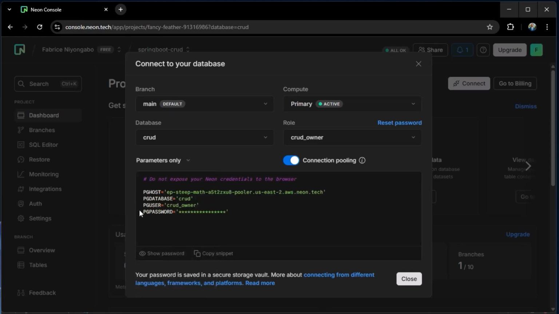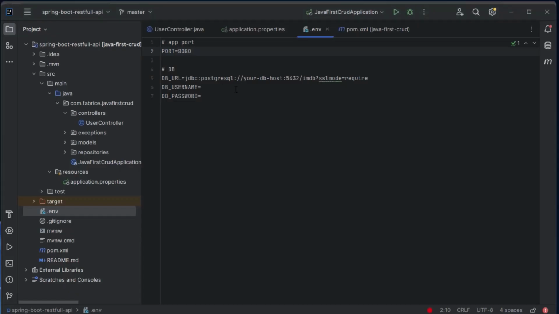The first thing that we need is to grab our Postgres database host. Let me copy this one and go back to IntelliJ IDEA and paste it here. I just need to provide the host here.